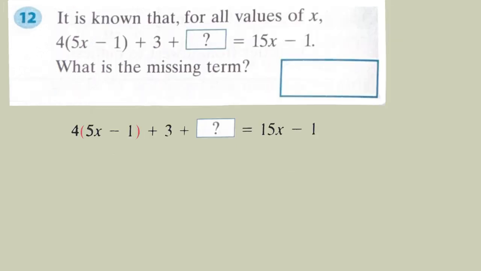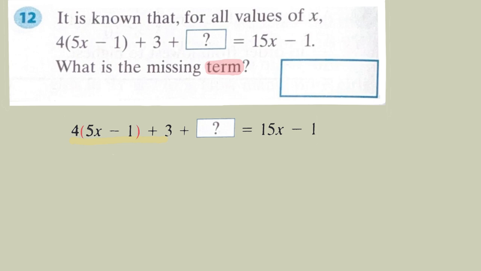Now this equation over here has a term missing in it. I copied it below here so that we can work on it. A term may be a constant, or it could be a variable, or it could be a product of a variable with a constant. Our mission therefore is to remove all these terms. So we're going to begin by first of all looking at the fact that we do have a bracket in here. This bracket means that we need to